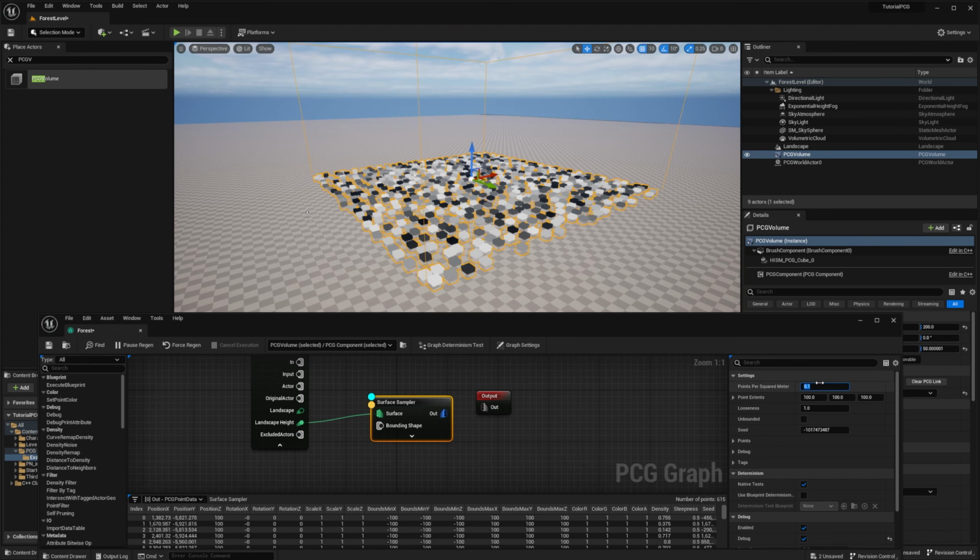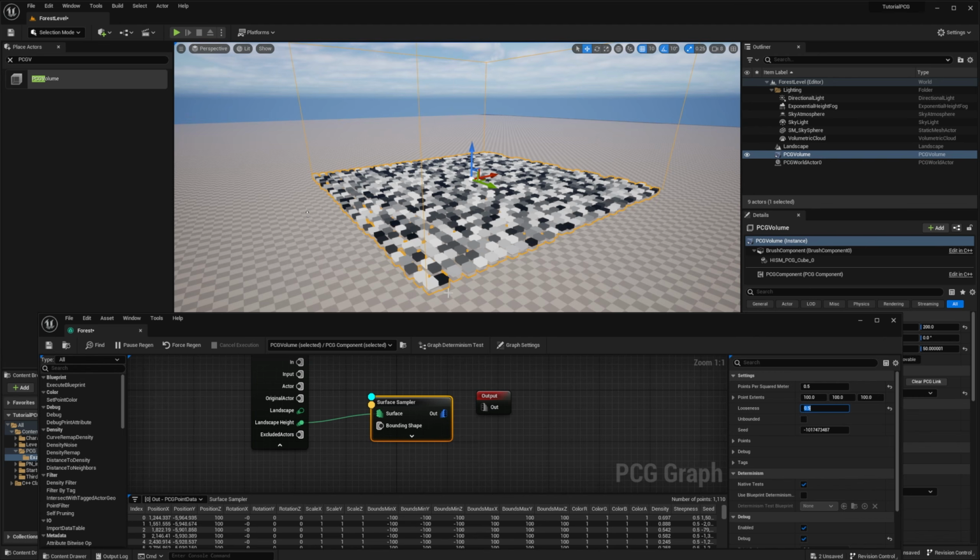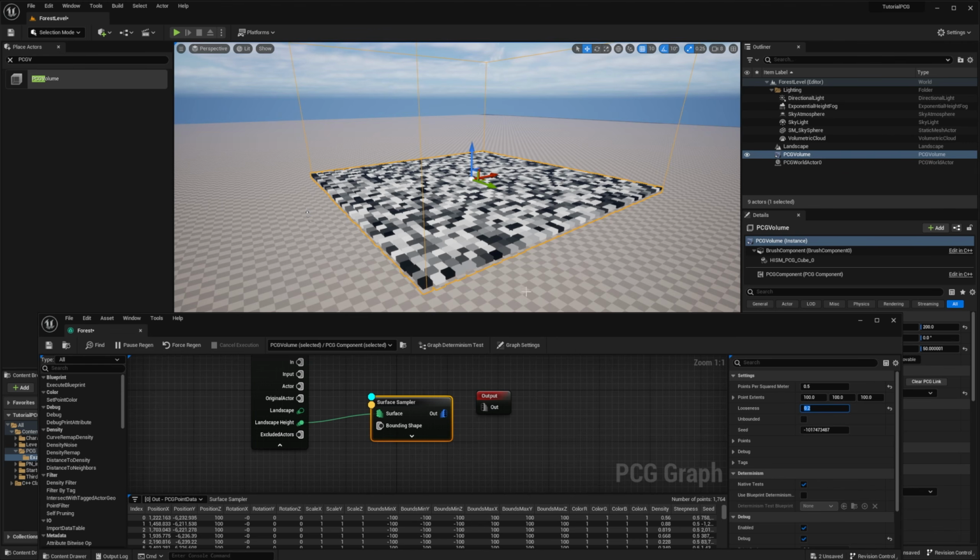So in our case, we also want to try to have more points. So let's say I do 0.5, but there is nothing that has changed. So I wanted more points, but I didn't get more. That's because each point has some bounds, some extent, and the surface sampler will put points at a certain distance from each other. So it means that if I want more points, I need to reduce its extent. Or you can also change the looseness. So if I change the looseness, let's say I want it to be less loose, you can see that the points are closer to each other. And I can increase it to have something that is very, very close.